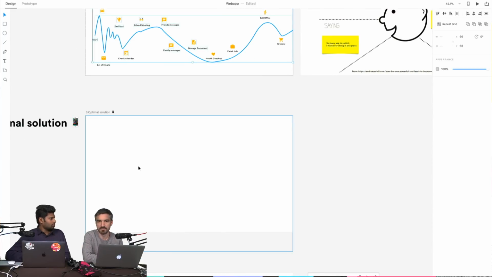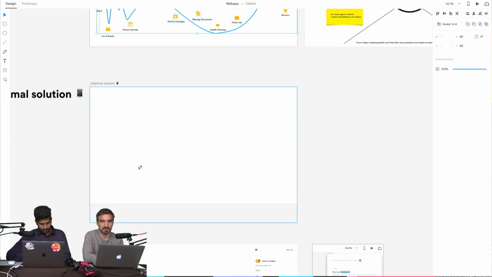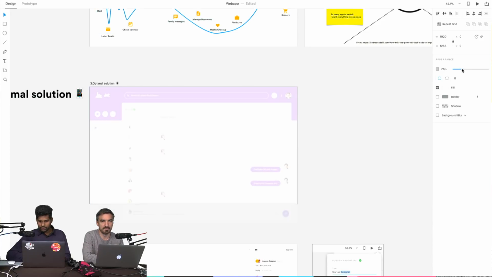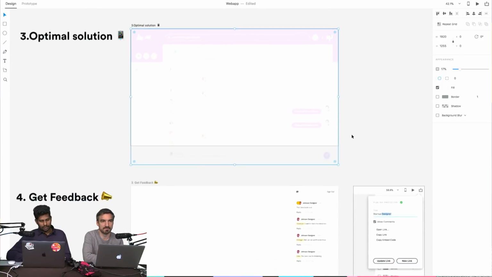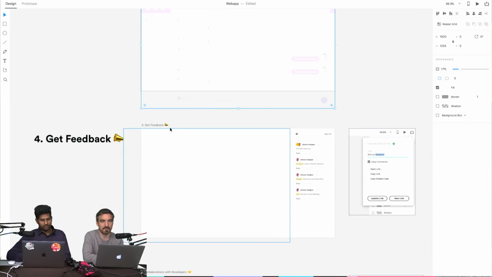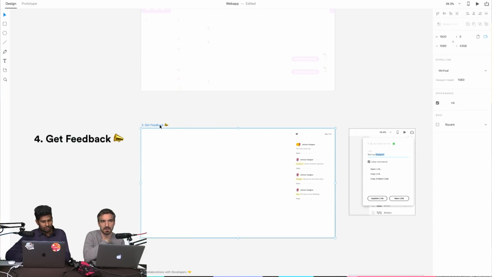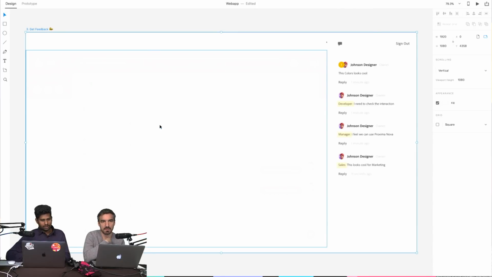We can think about it and discuss with people. I'm going to design how we are going to make an optimal solution. I'm hiding this one with opacity. I'm going to show how to design these screens, and get feedback. That's the primary thing. After you design everything, you can't directly go and develop. There is an in-between step called a critical step. I feel like it's feedback.